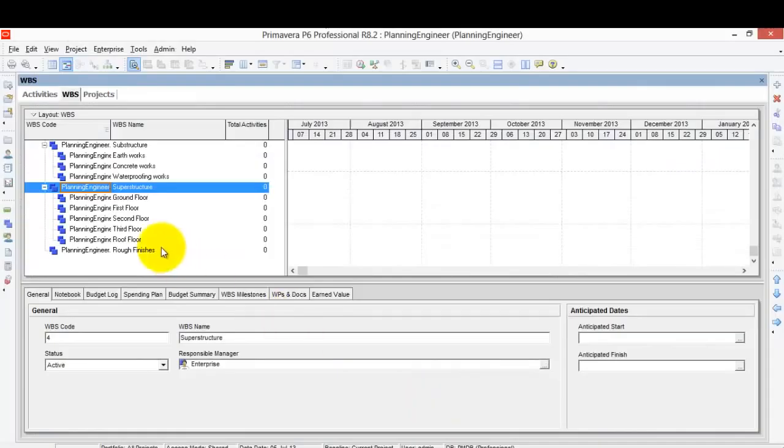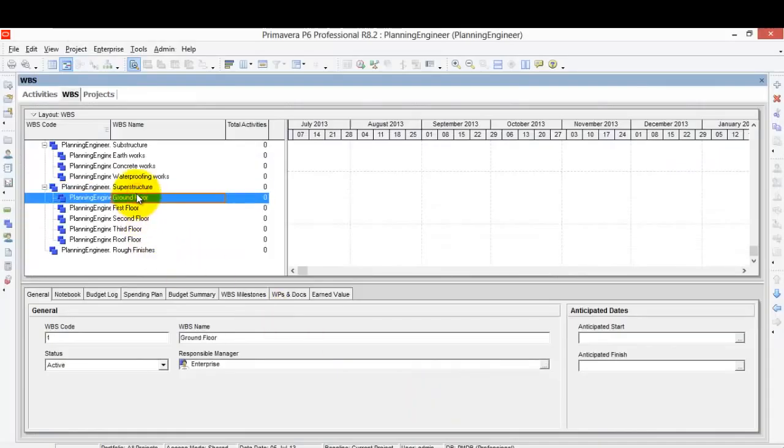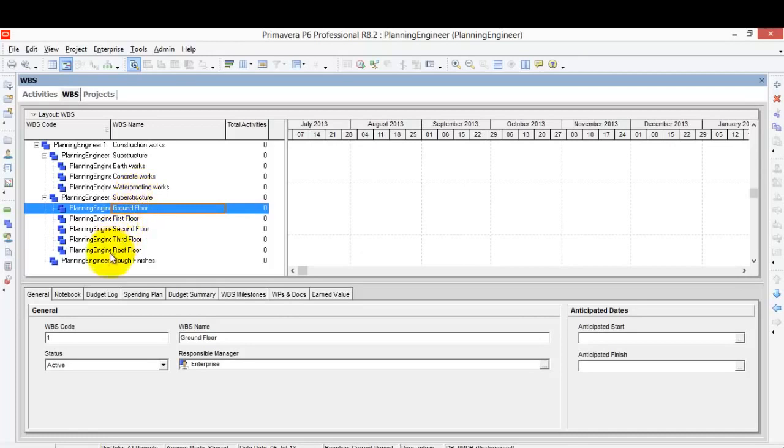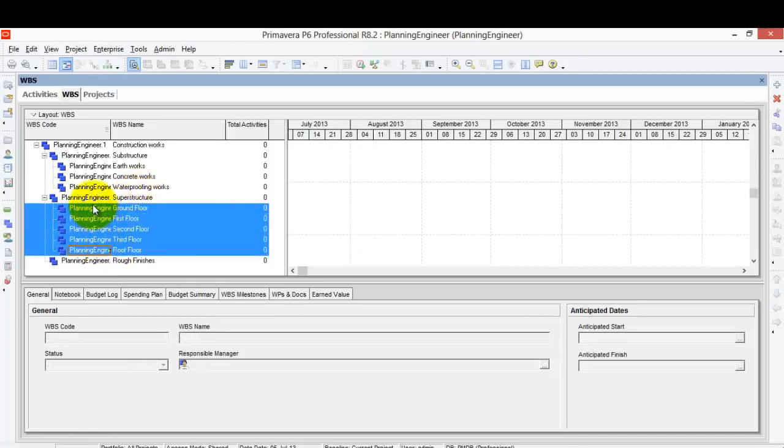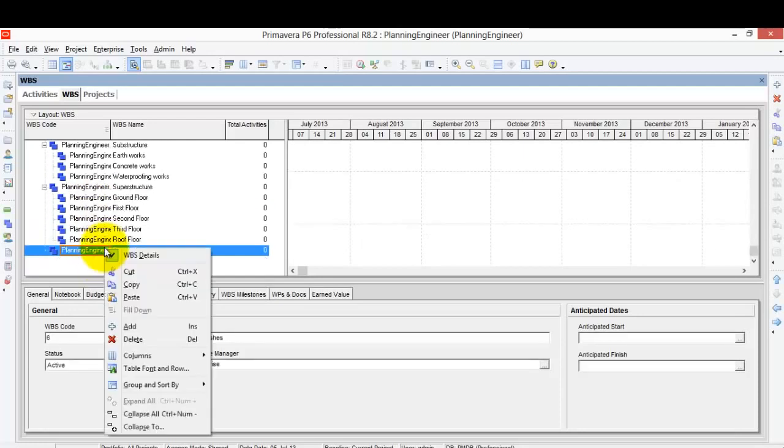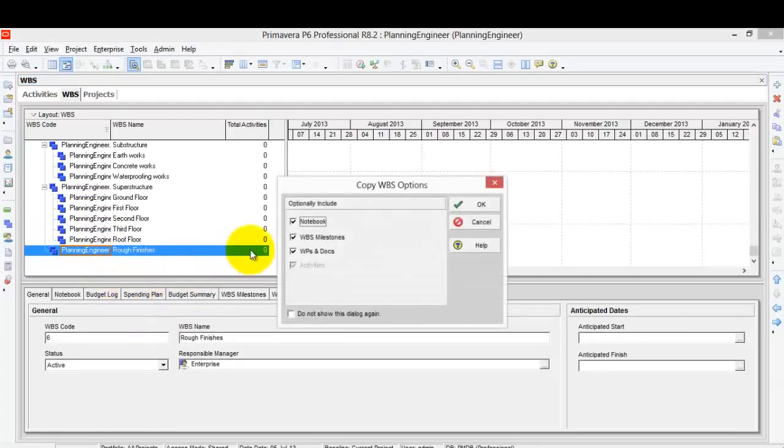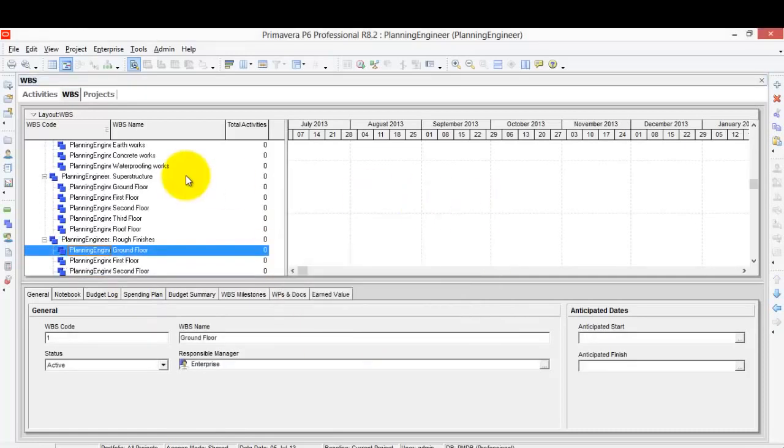So simply I can click the first one and hold the shift key, select the last one, right click, copy, and I'll come here, right click, paste. Then it will ask me what to copy. Of course it's empty, so I'll just click OK,